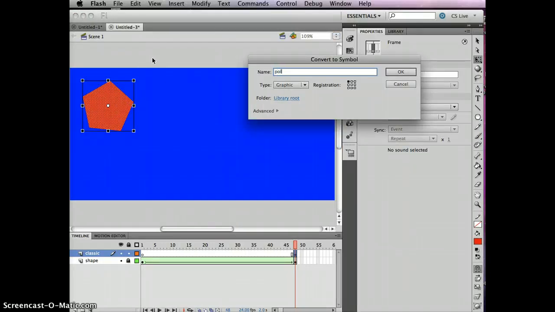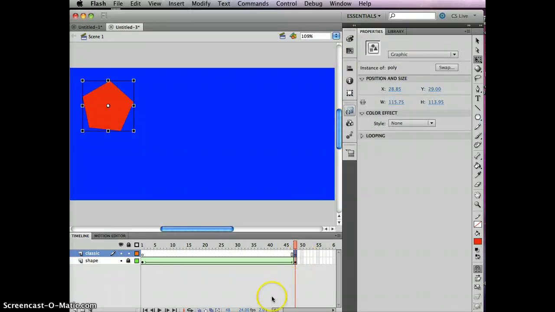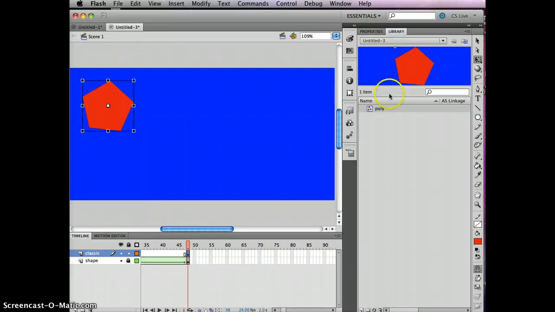I will give it a name. I will never just go with shape 1, shape 2, or symbol 1, symbol 2, because I want to know that it was mine that I created. Okay, so note that I did convert this to a symbol before I start doing the F6s. That's how you end up with garbage in the library. Right now, I just have one thing in my library, and that's how it's going to stay,